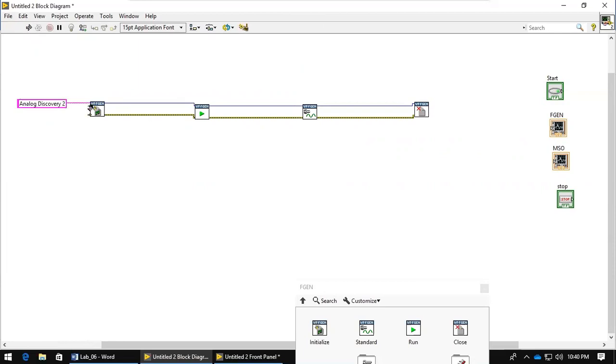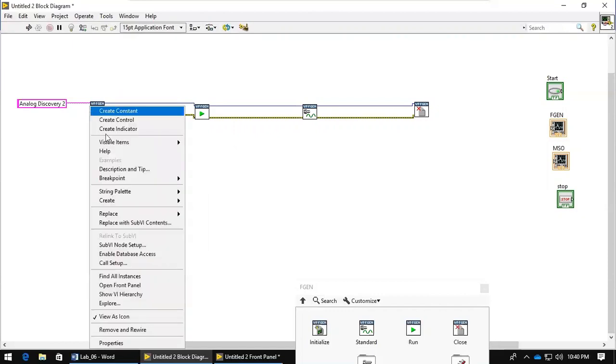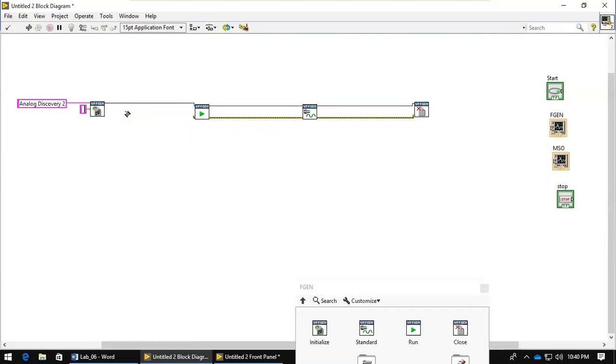What else do we have here? Okay, channel. Which channel you're going to use. So create constant and write it as fgen. I'm going to use my first channel, so I'm going to write it as fgen/1. And